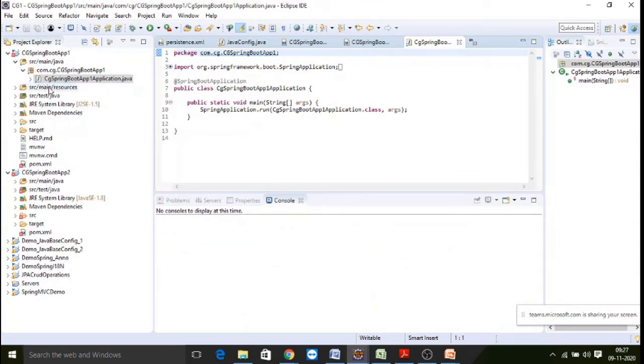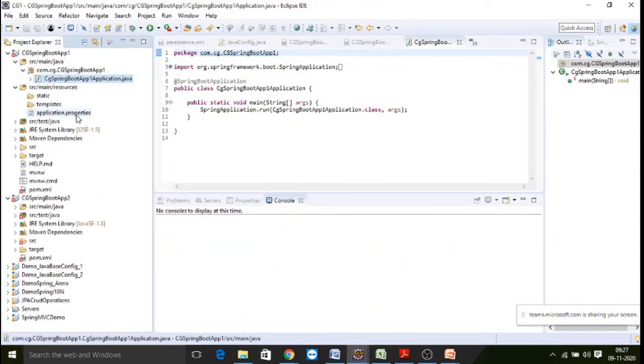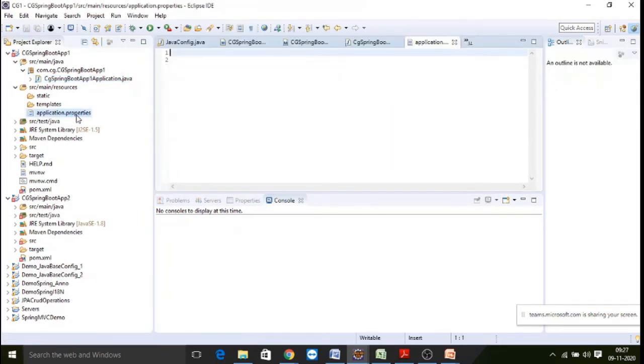Next, there is the src main resources folder, in which you will get application.properties by default. What is the purpose of this application.properties? There is at least one minimum property we need to add, on which server the application should run. So you have to say the property called server.port equal to the port on which it has to run. By default, if you don't say, it is going to run on 8080, but if 8080 is occupied in your system with Oracle or any other services, it will simply say that the server is already occupied. That's the reason you go for a port other than 8080. So I am just giving 8082.